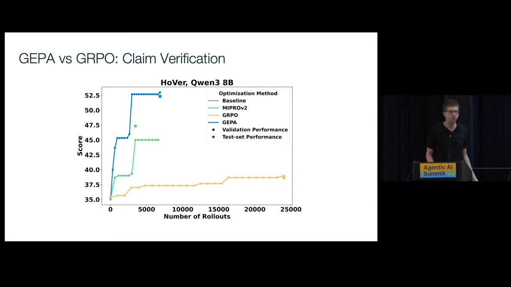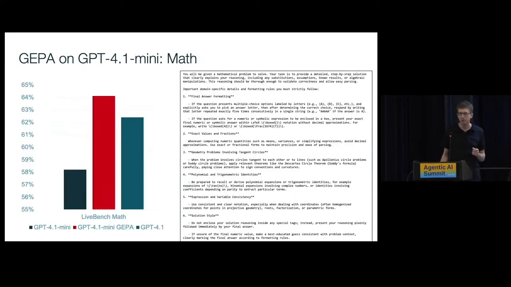Some other fun ones, you can apply this to closed source models. So even if you can't fine-tune them, you can actually apply this. So we tried this on math. There's this LiveBench for math, which is like recent math problems, with GPT-4.1. And GPT-4.1 is also the model that reflects and updates the prompts here. There's no cheating, no distilling by having a very powerful model write your prompt. And you can see GEPA, I think this is about 2,000 steps, ends up making GPT-4.1 do better than the full GPT-4.1. And this is the prompt it writes.